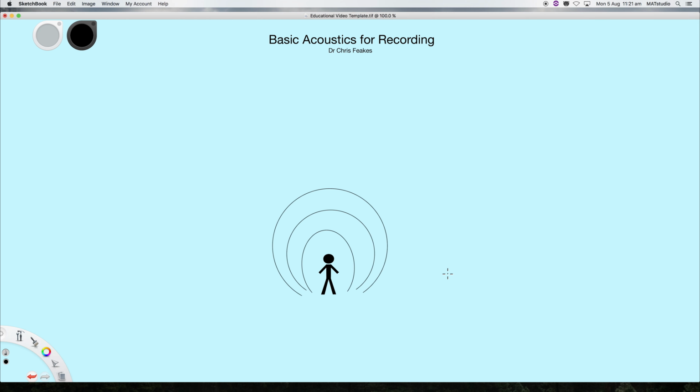For now, we can just imagine this bubble of sound expanding out from the source, and we can imagine that actually these lines I've drawn are the peaks or the high points in that wave that I drew before. So now we've got a slightly more three-dimensional understanding of the sound, or at least three-dimensional as well as I can draw it, because I'm not an artist. I think that's probably clear.